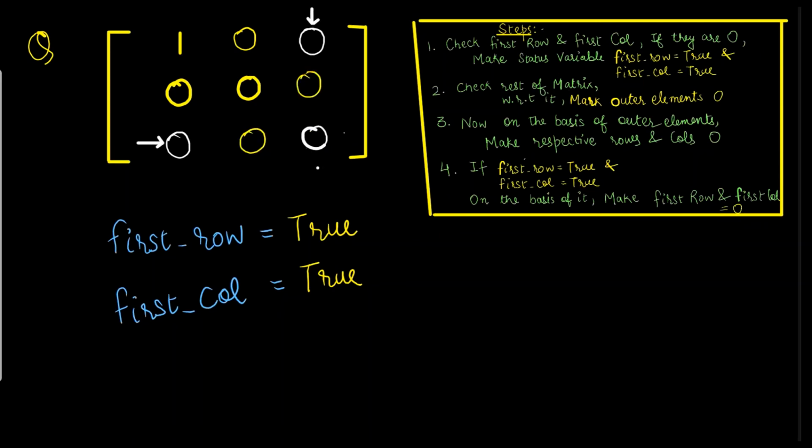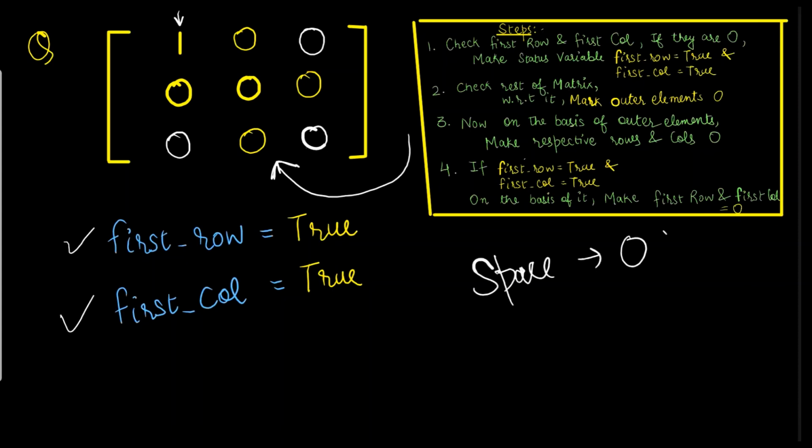Now the next thing, I need to check the first row, which we have updated to true in the first step. If it is true, I need to change all first row elements to 0, and the first column elements, which is also true, to 0. So here I just made use of these status variables and applied them in the same original matrix. I haven't used any extra space or memory. So the space complexity will be order of 1 over here. Let's see its code also.